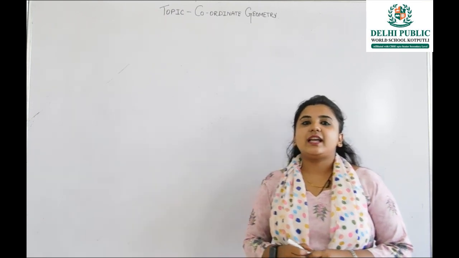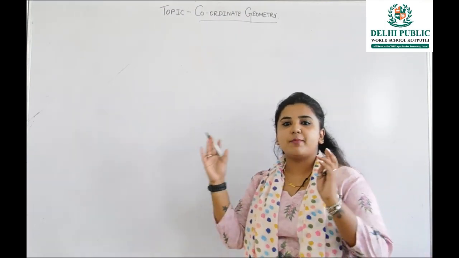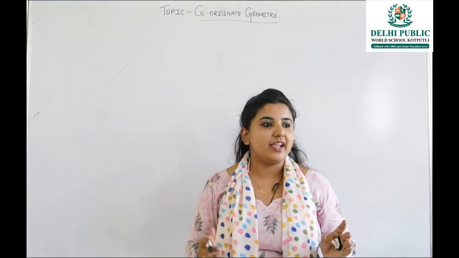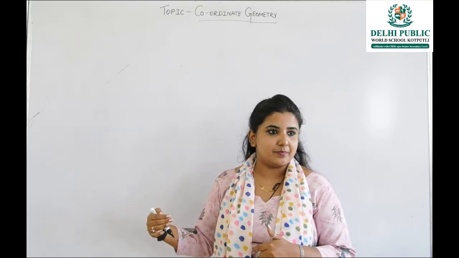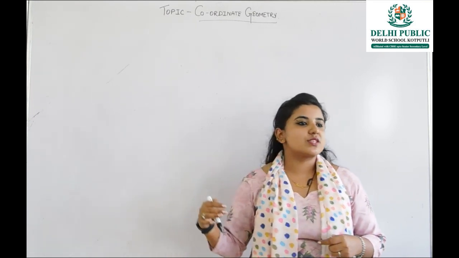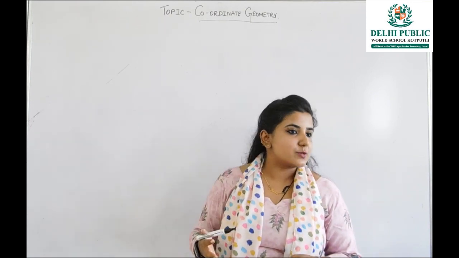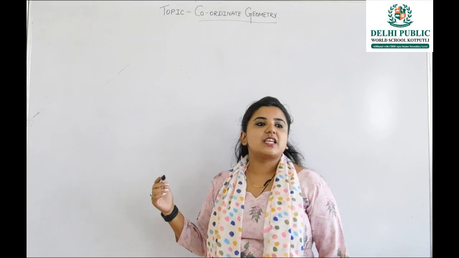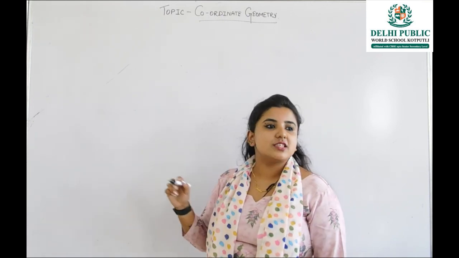Today we'll be dealing with only a single topic, coordinate geometry, and only the basics of coordinate geometry which are required for your upcoming Term 1 examination, which includes 3 to 4 subparts, the important parts and the solutions of those parts. The first part it includes is quadrants, the measurement of quadrants, or how you see the quadrants.